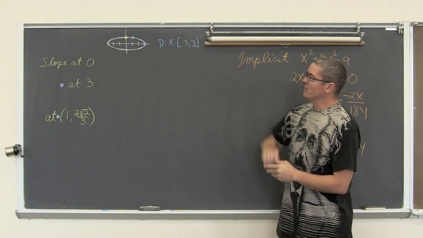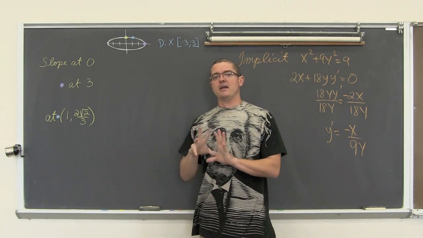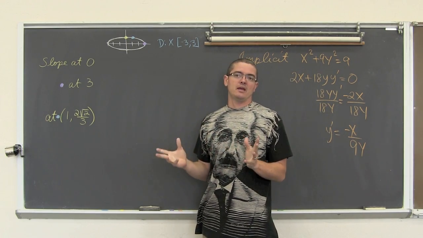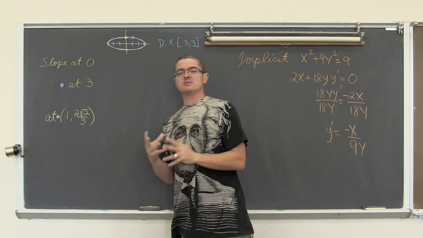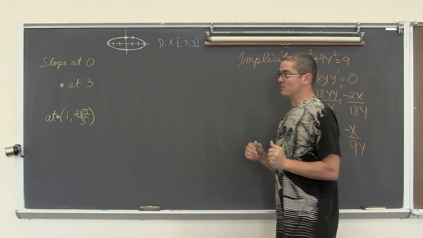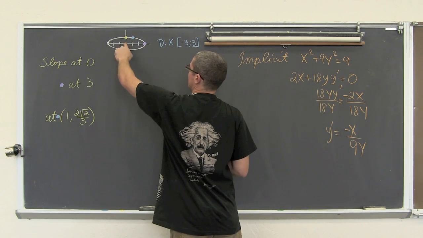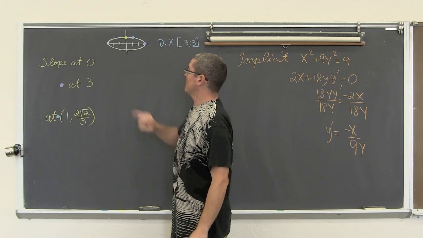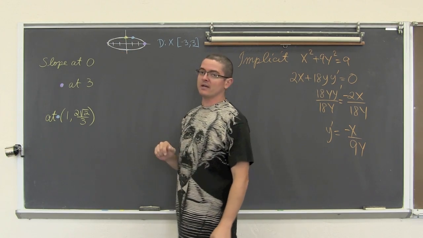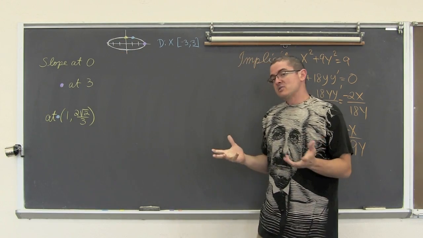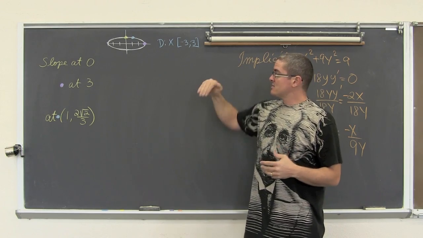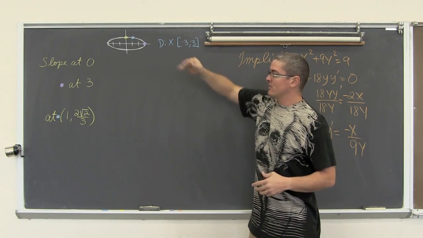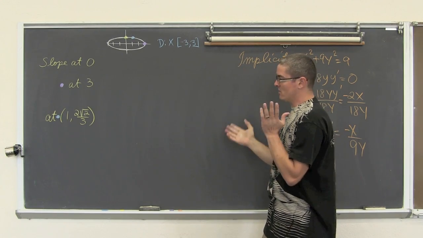We have that ellipse, remember, and it is nice to have a sketch of the function if you can, or are willing to take the time. That way you can see the reasonableness of your answers. Now, this ellipse is centered around the origin, and I'm asking for the slope at 0. Whether it's at 0, 1 or 0, negative 1, it should be a slope of 0 because it maxes out or bottoms out at those values.